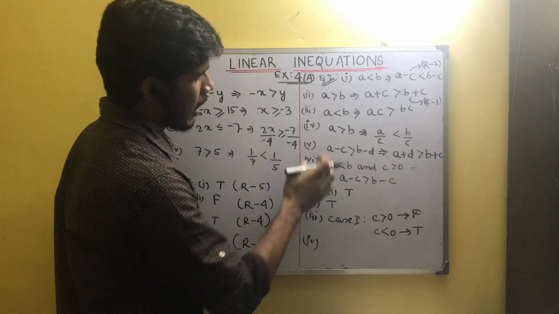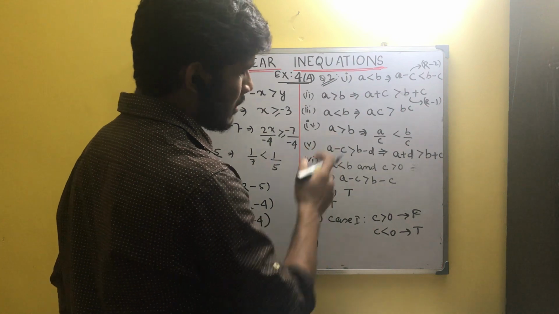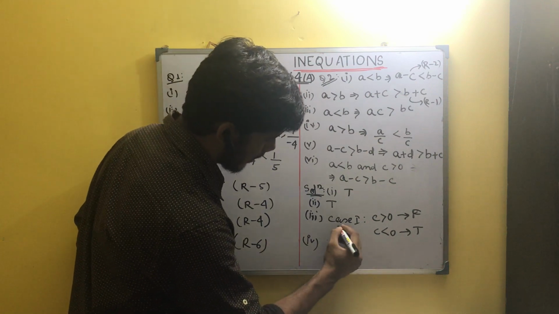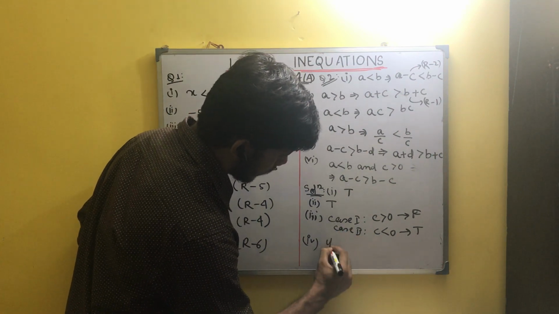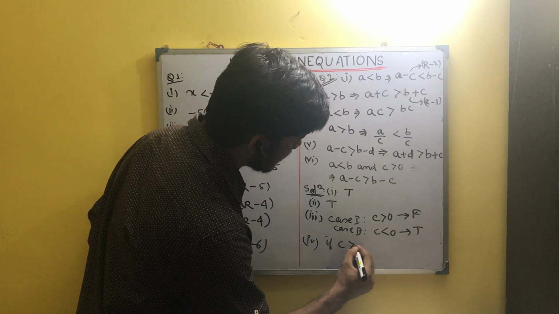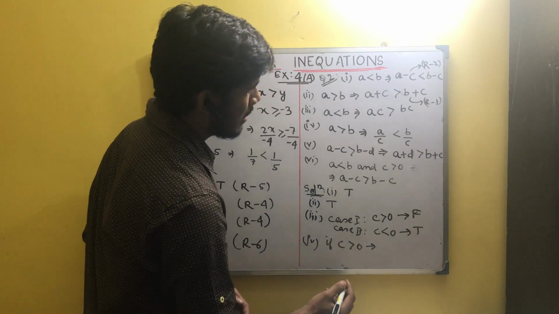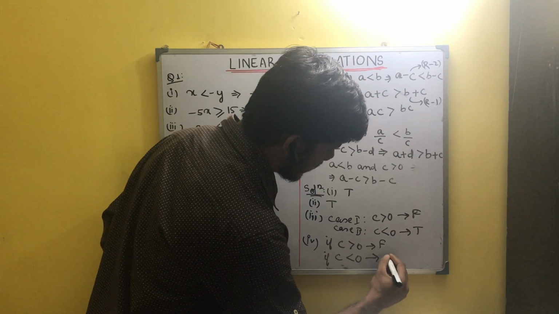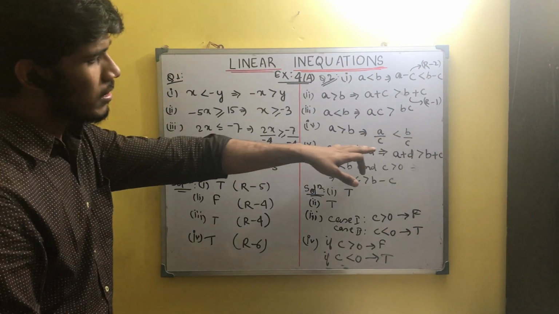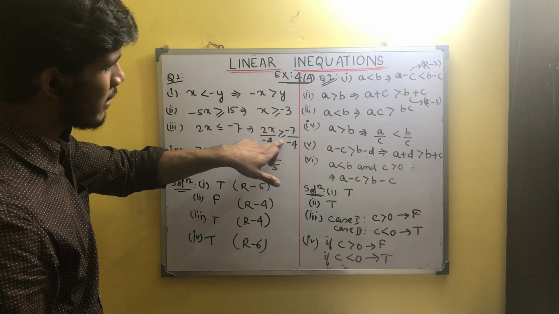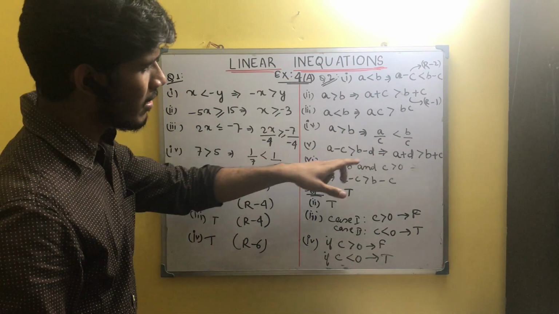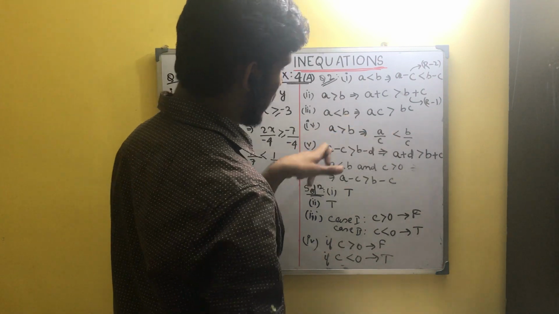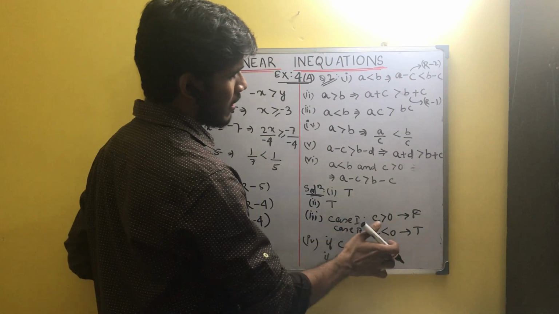Then fourth one, a is greater than b, that implies a by c is less than b by c. Again the same thing, case 1 and case 2, isn't it? If c is greater than 0, then it will be held false, but if c is less than 0, then it will be true, dividing both sides with the same negative number. Like here, the sign had reversed and it was true. Similar is the case here. If c is a negative number, then obviously this is a true statement, okay? But if c is a positive number, then it is false.